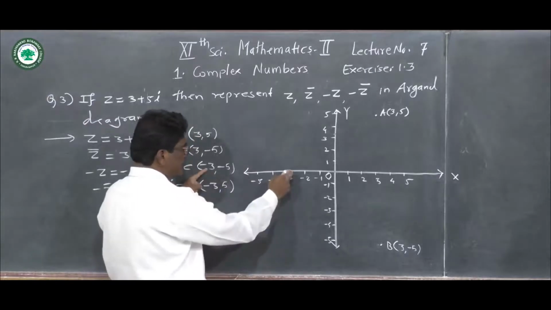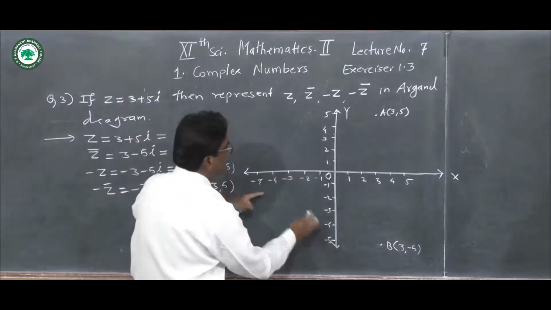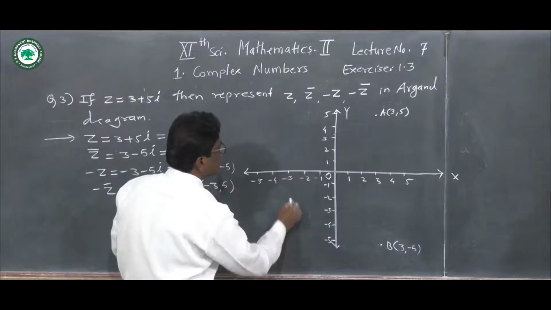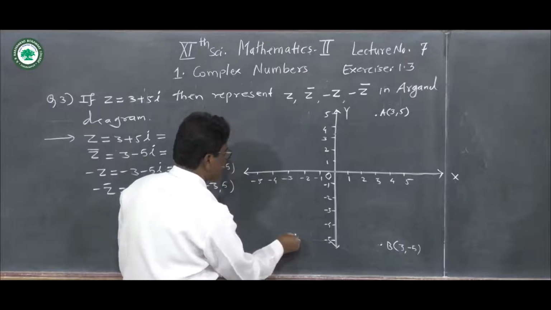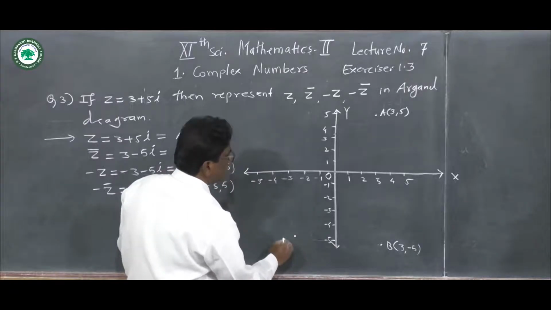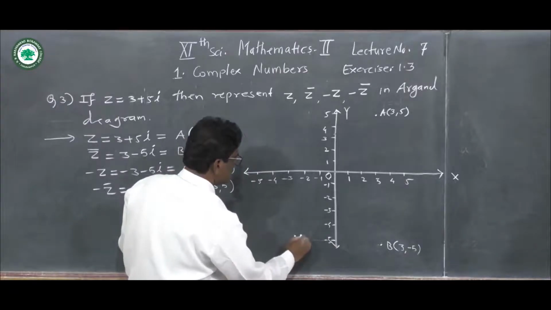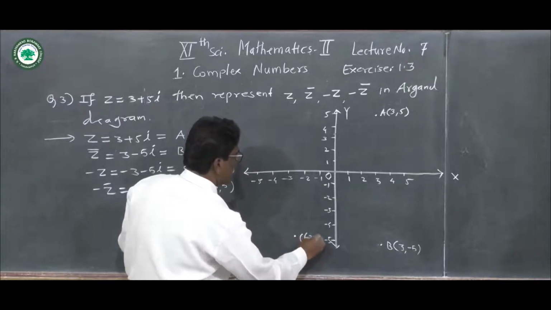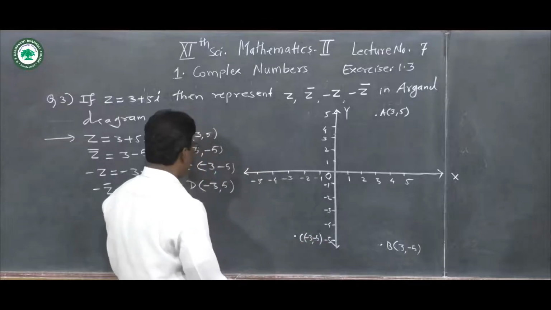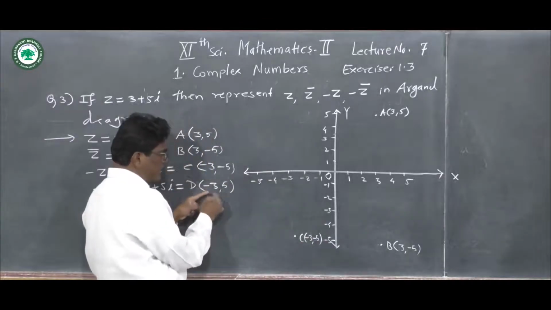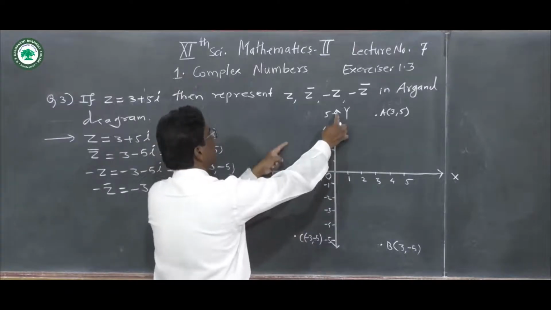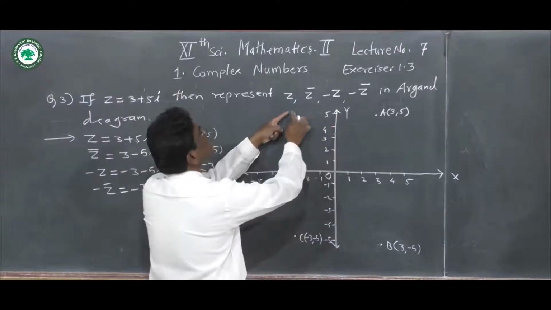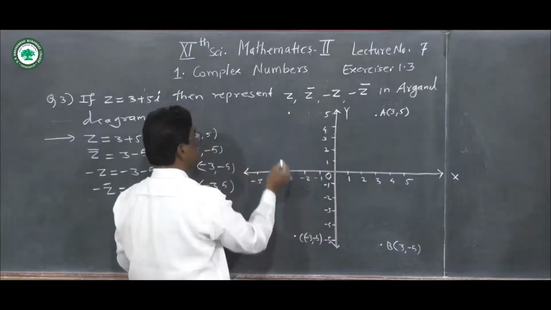X coordinate minus 3, y coordinate minus 5. So suppose this point is C of minus 3, minus 5, and last D of minus 3, 5. X coordinate minus 3, y coordinate plus 5. Here plus 5, here minus 3 and here plus 5. So this point is D